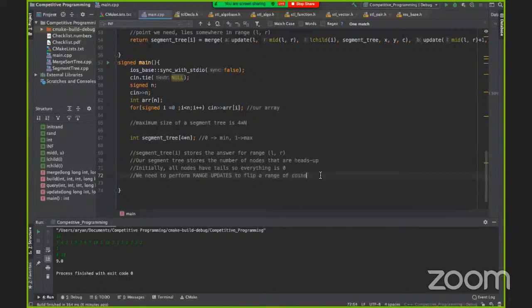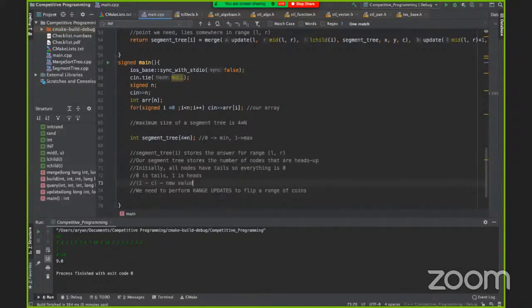Okay, so let's look at something. When you flip one coin, let's say 0 is tails, 1 is heads. If you flip one coin, then the new value becomes 1 minus whatever the coin was, right? Because tails becomes heads, so 1 minus 0 is 1, and heads becomes tails, so 1 minus 1 is 0, right?